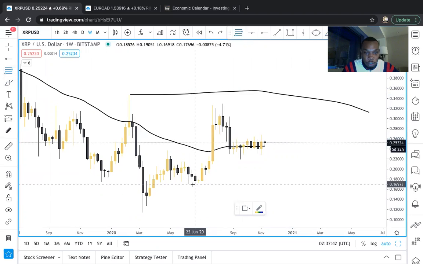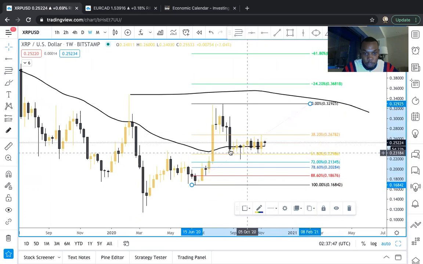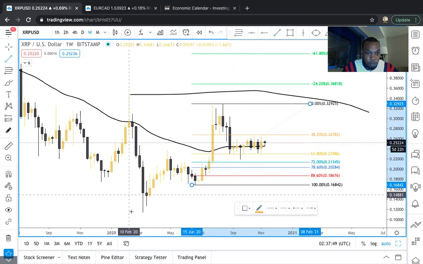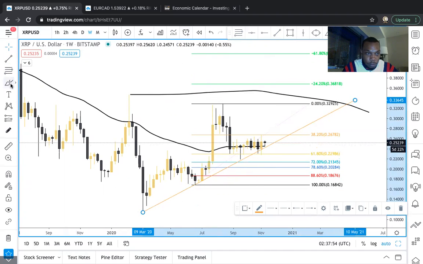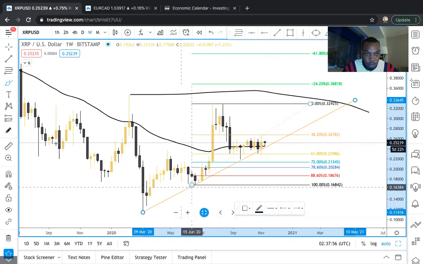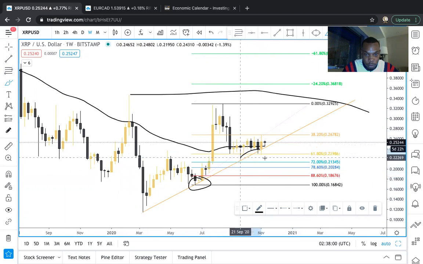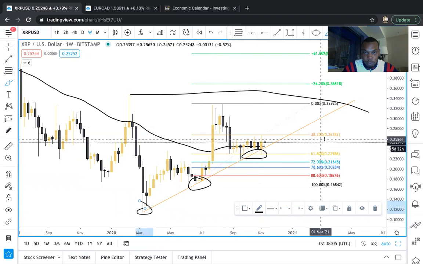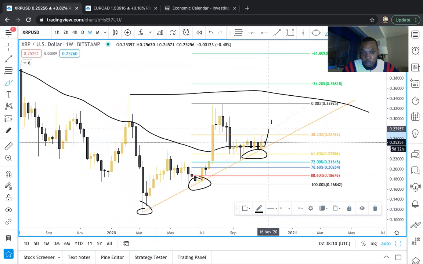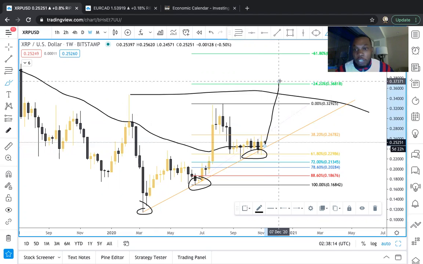Also, you could draw a fib from this low up to the high. Boom, 61.8 retracement. Boom, draw a trend line out like this. Rejections here, here. So yeah, I'm going to see Ripple eventually hit 30 cents, and then overall, I'd like to see it hit that 35-cent threshold.